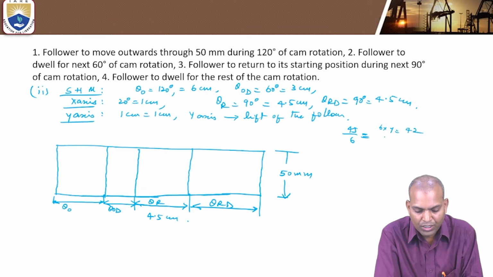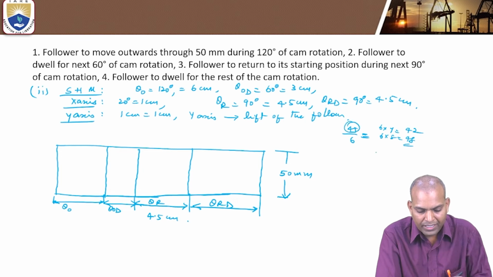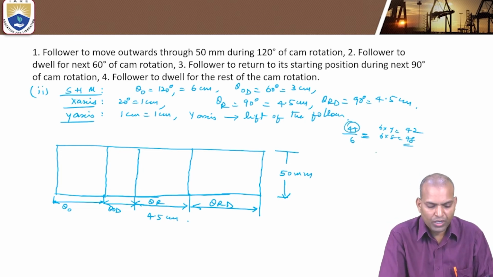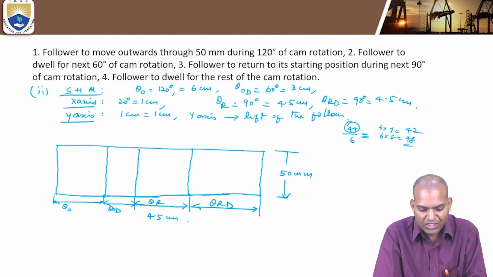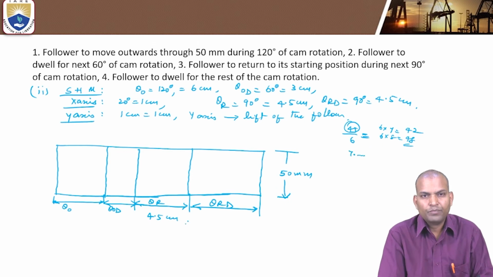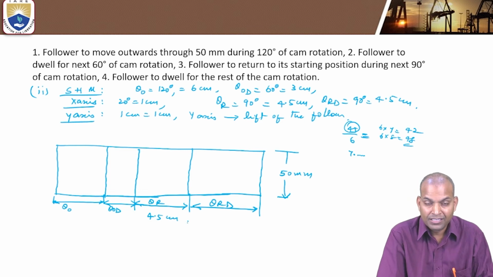This is 6 7s 42, 6 8s 48. But how to divide this 45? Which method do you have to follow? I am going to explain here how to divide this 45 millimeters into 6 parts. So 45 by 6 comes to 7.5, so each part is 7.5 millimeters in length, required